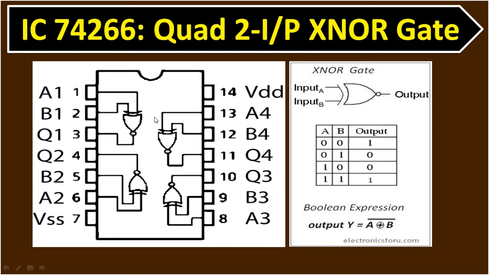But if you look at the inside of the XNOR gate, then you will find the upper two XOR gates are facing downward and the lower two XOR gates are facing upward. So according to these facings of the XNOR gates, the pins are decided. Pin numbers 1, 2 are inputs and 3 is the output. Pin numbers 12, 13 are inputs, 11 is the output. Pin numbers 5, 6 are the inputs, 4 is the output, and pin numbers 8, 9 are the inputs and 10 is the output. Okay. So there is quite a change in 74266.